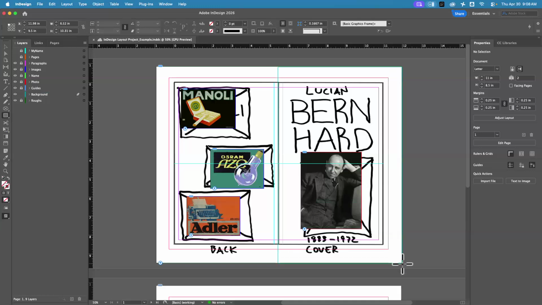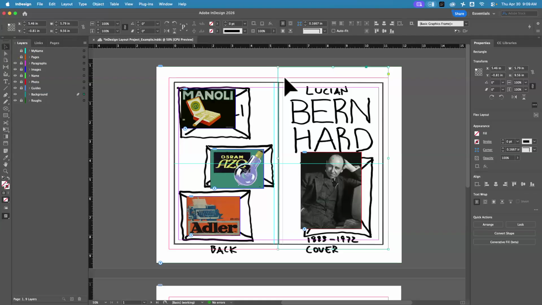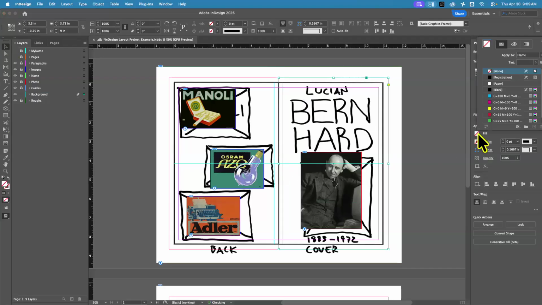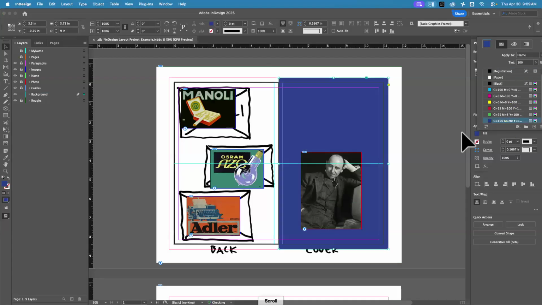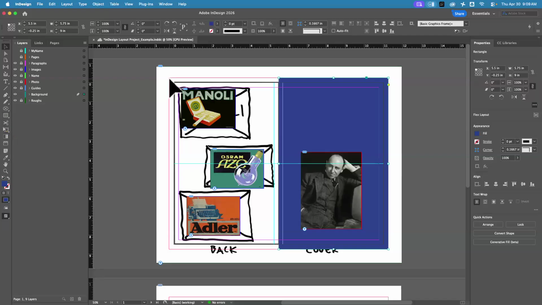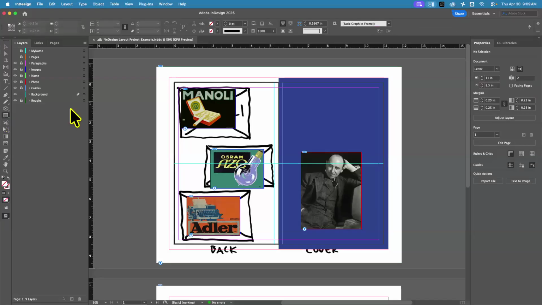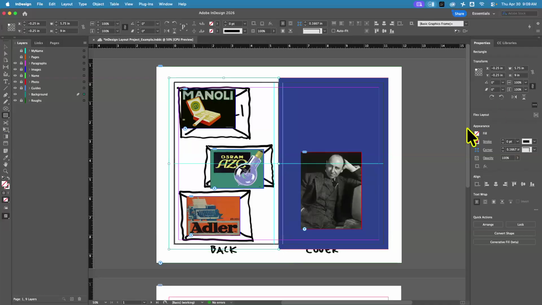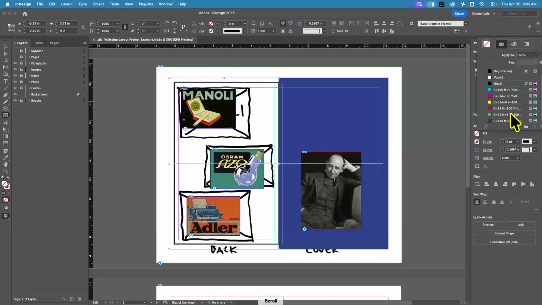So I'm going to make a square. And I'm going all the way to my margins. All the way out to the bleed, I mean. All the way out to the bleed. And then I'm going to fill it with a deep blue. And then I'm going to do that again. Going to create a square all the way to the bleed. And this is going to be dark brown. So I can take a color